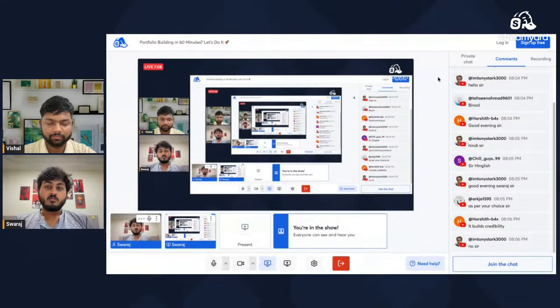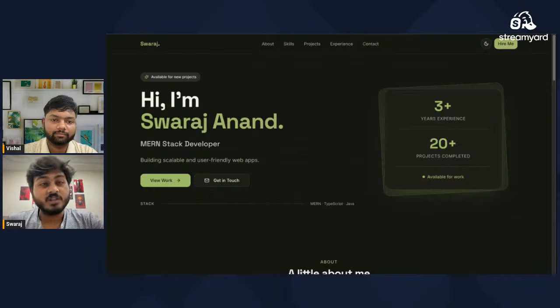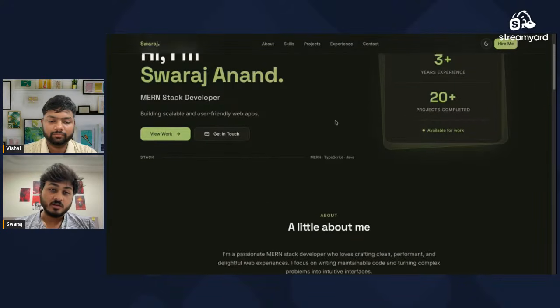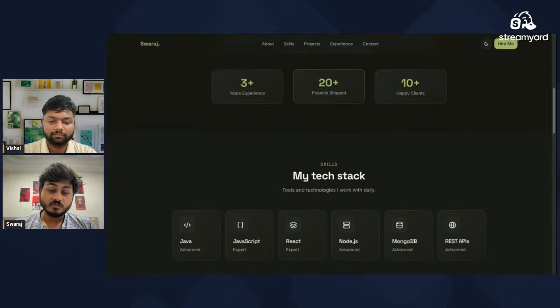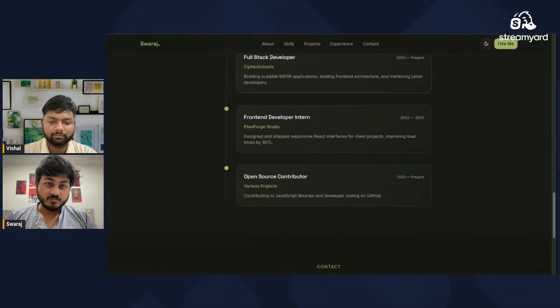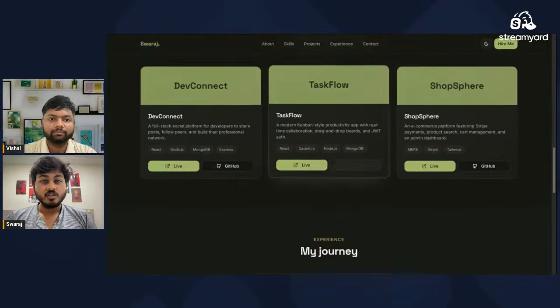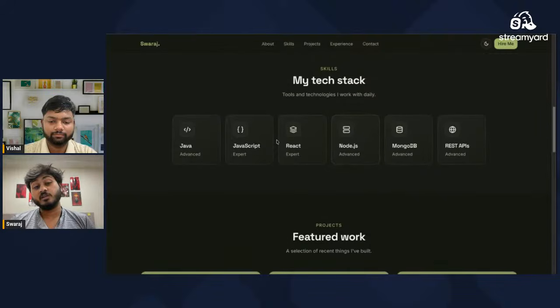So see, what I have done is I've created a simple portfolio. This is a portfolio I've created with the help of AI. Just a simple Lovable. It is an AI platform which can build end-to-end websites, web apps, web applications, multiple things, whatever you want. You just have to give the simple context, and after that, it should work. So what I've done is just a simple web page. See for yourself, and I haven't written a single piece of code. Think about it, not even a single line.